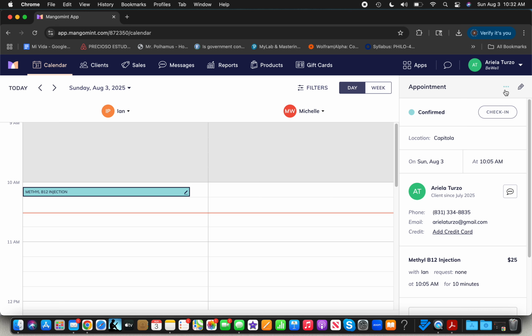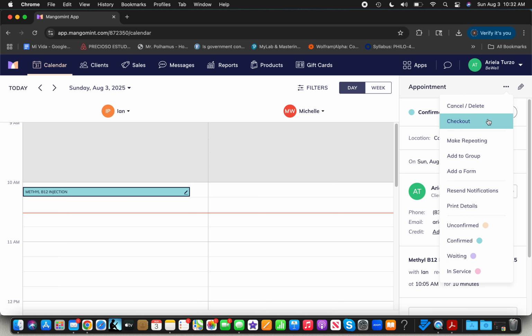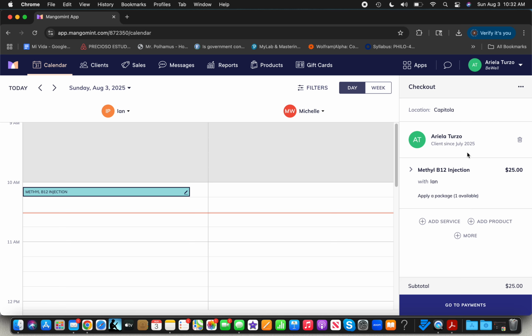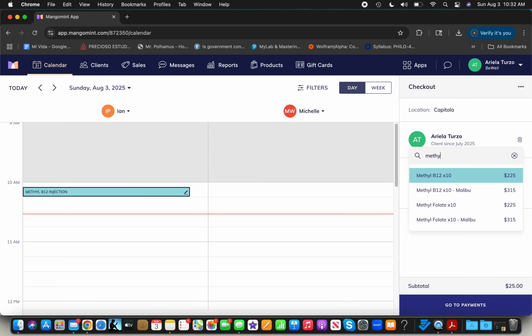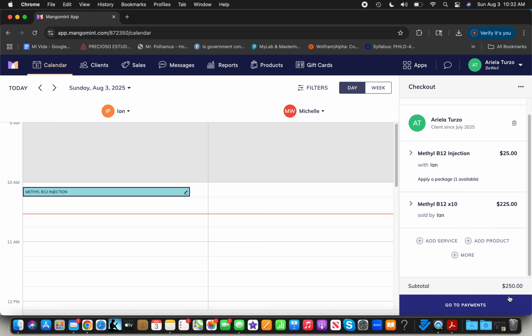So a little review, go up here to the 3 buttons, click Checkout. And at this point, it's really important that we add the package. This is where the patient needs to actually pay for the package. So in order to do that, you click on More and you go to Packages. Here's where we add the package to the cart. And as you can see, our total went up from being $25 for just paying for the 1 injection to